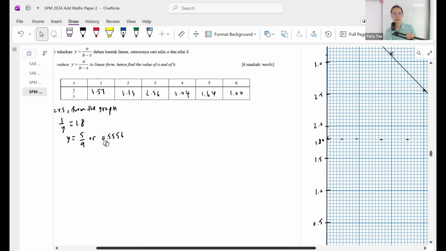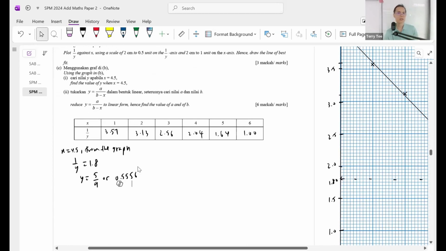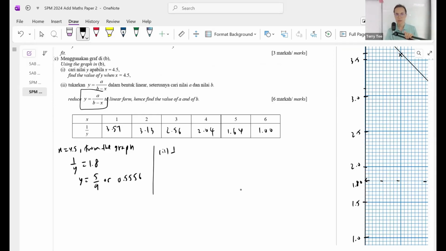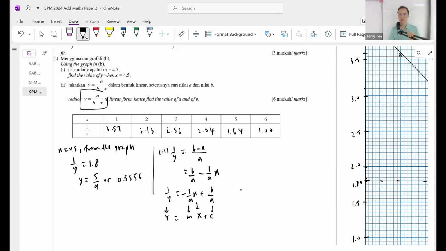1.8. Okay. Now next, they say reduce y equals a over b minus x to linear form and find a and b. So to convert this to linear form, we're going to invert the left, invert the right, split into 2, rearrange it, write this first, negative 1 over a first, followed by positive b over a. So this is your big Y, this is your gradient, this is your big X, this is your C. So as I convert to y equals mx plus c, I can see that my gradient is negative 1 over